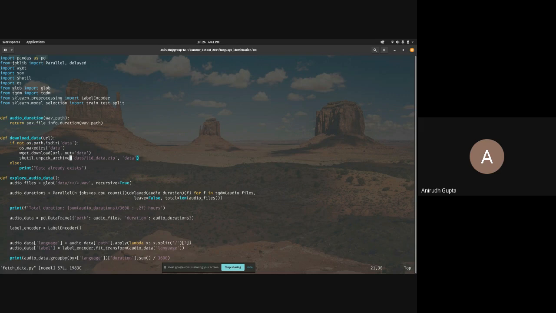shutil.unpack_archive basically unzips the folder. Okay. If the data folder is already present, then it says that data already exists, you don't need to download it. So what's happening inside is you are getting all the WAV files inside that data folder, right? This is recursive equal to true. So whatever WAV files are present inside that data folder, this variable will get the handle of those paths as a list, okay? And since there are a lot of files and calculating duration can sometimes be tedious,